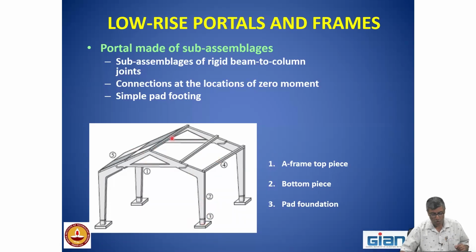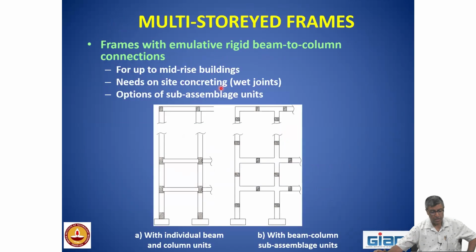Okay. Now over the A-frame you will be having the purlins and the roofing elements. These are sub-assemblages of rigid beam to column joints. The connections are at the locations of zero moment under gravity loads, and a simple pad foundation is adequate. Now coming to the multi-storied frames. In the multi-storied frames,